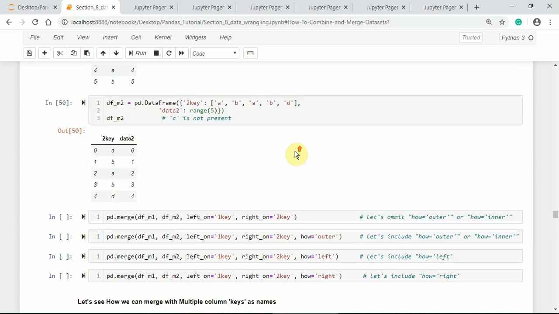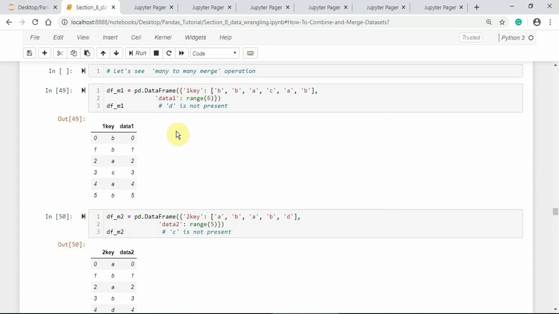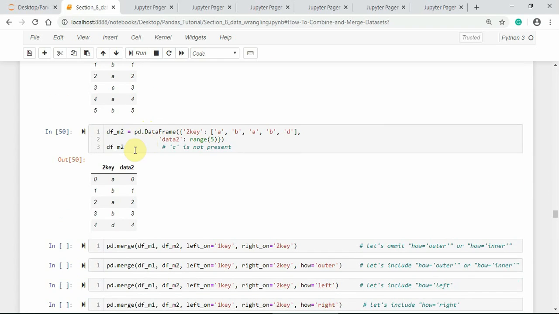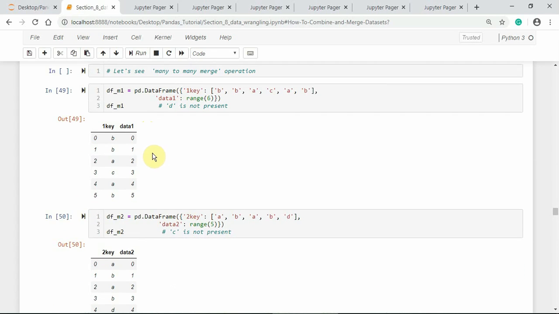For the first data frame, I am using the merging key as first key, and for the second data frame, I am using the merge key as second key. And I am using different column names, data1 and data2, for data frame 1 and data frame 2 respectively.